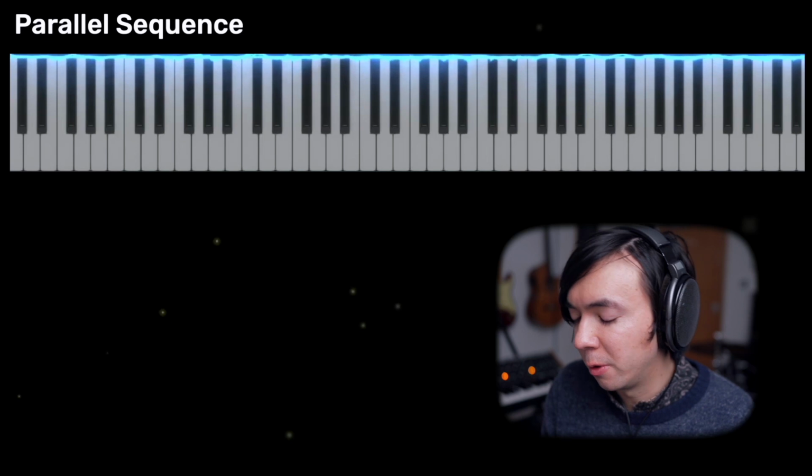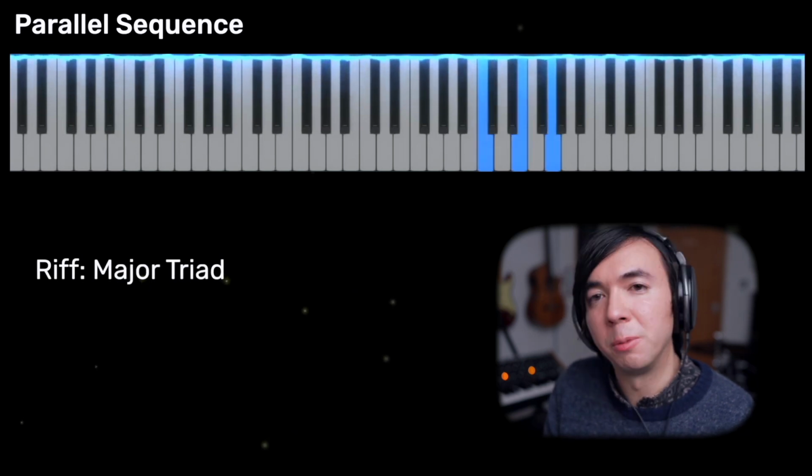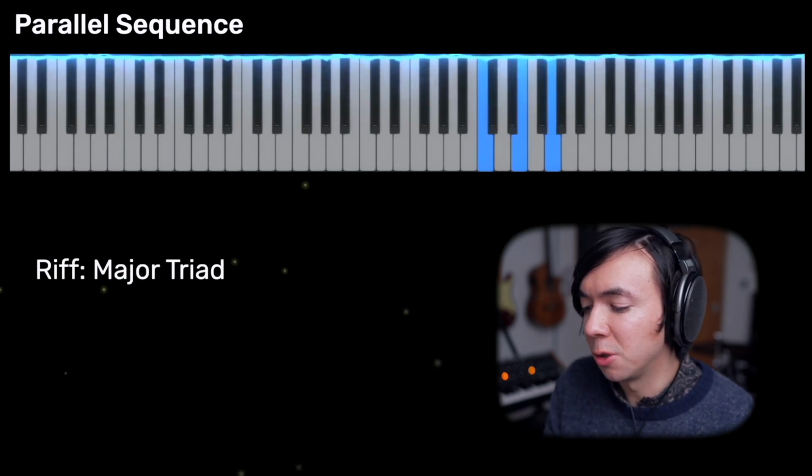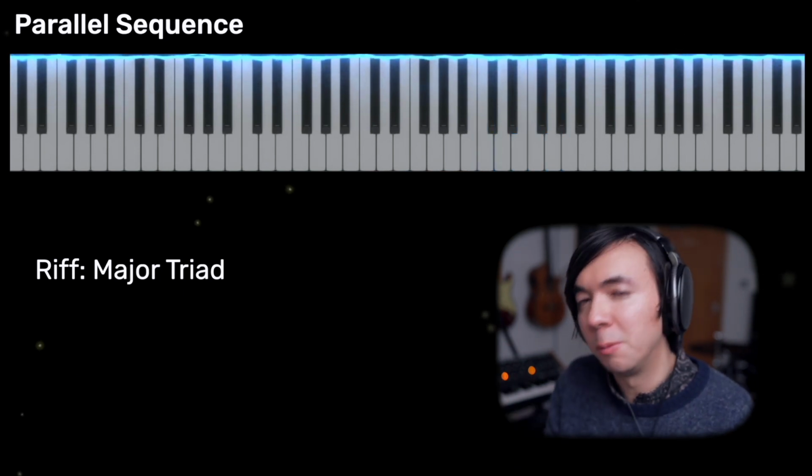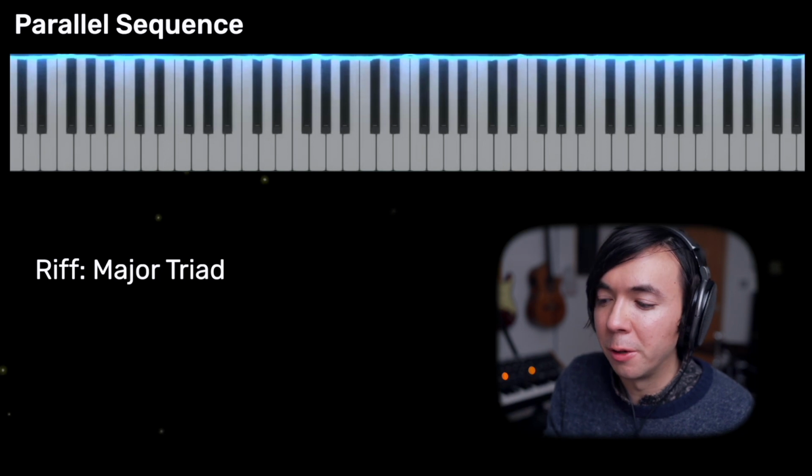So now let's move from the examples to the more theoretical, more technique-based part of the video. There are 2 kinds of melodic sequences to be aware of when you're composing. The first one is called a parallel sequence, and this occurs when you have a shape, for example like this, and you just repeat the exact same shape, the exact same relationship between the notes, but you're transposing the whole thing either up or down.